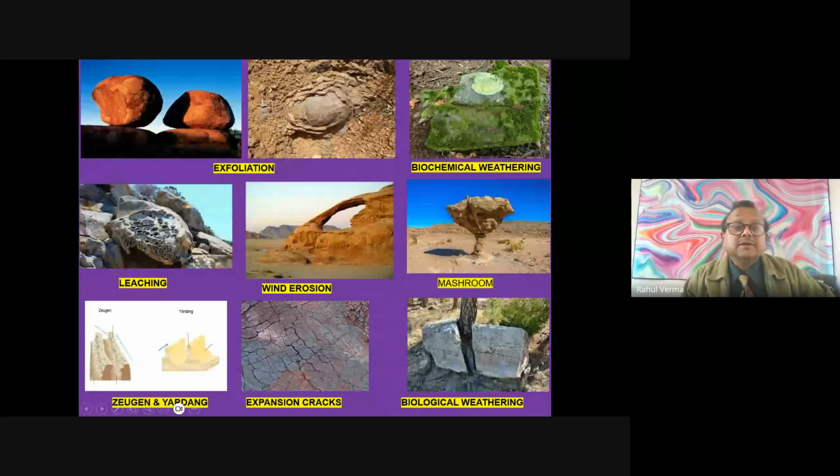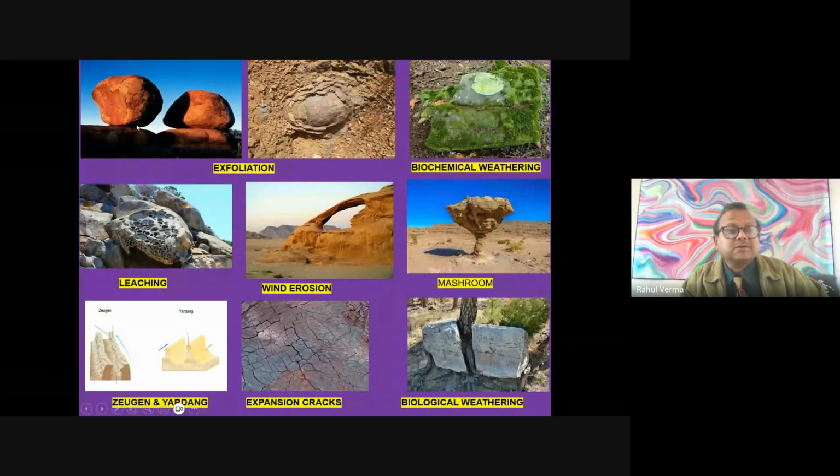Now see, I think very close to Jabalpur there is a place called Madan Mahal. You can see there are balancing boulders. Actually, they are having exfoliation from the base, and that base forms a firm stand. If you have seen, those rocks are lying for thousands and maybe millions of years without getting disturbed. This is the exfoliation, just like you peel an onion.